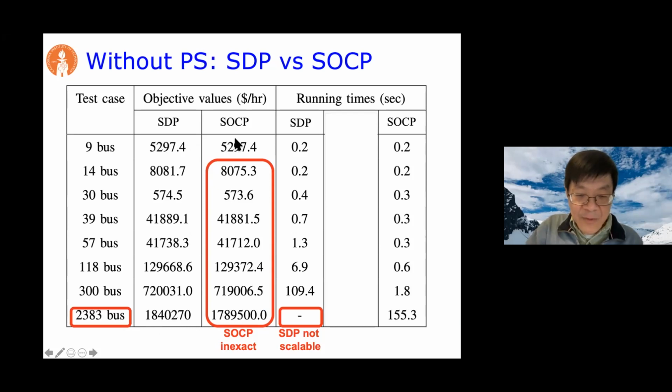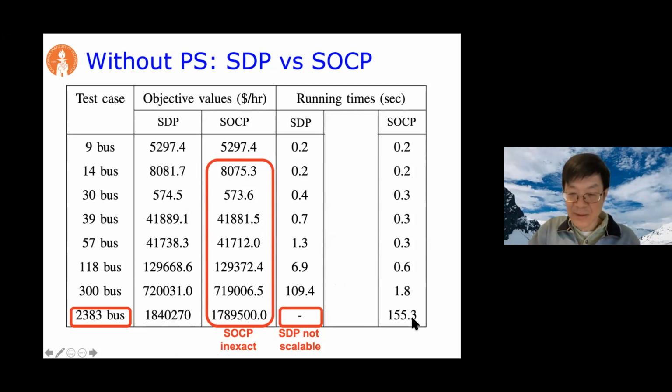SDP, SOCP, and you can see that SOCP is, except for the 9-bus network, inexact. Its cost is much lower than the SDP cost. And SDP for all these networks, we check is exact, so you get a global solution. SOCP is much lower and therefore is inexact. But running time